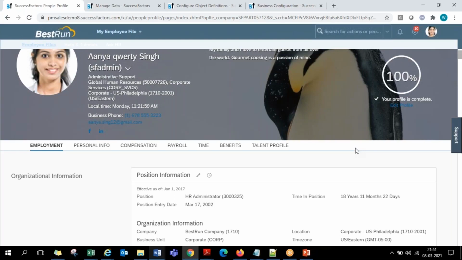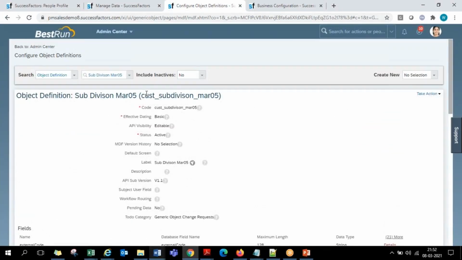So whatever is coming as standard from the succession data model, we have no other choice. But for anything new to be created, let us not again depend on additional new lines of coding. No more coding. So we are required to build a custom portlet using MDF, the way we brought up a custom layer called subdivision and built the org structure. So this is created as a custom MDF foundation object. Custom MDF subdivision has become a foundation object.